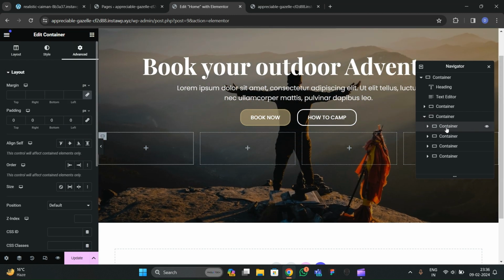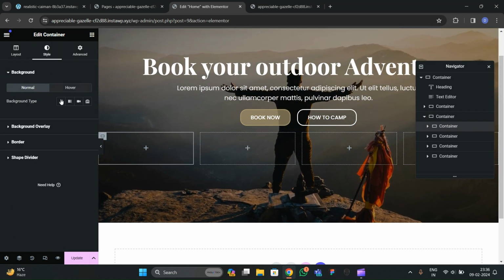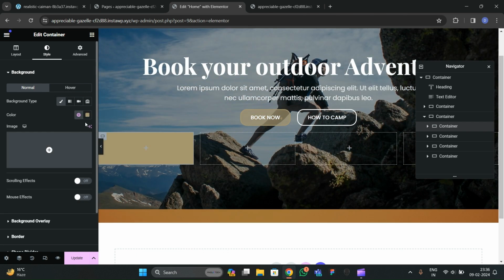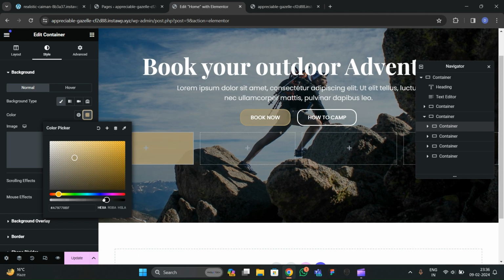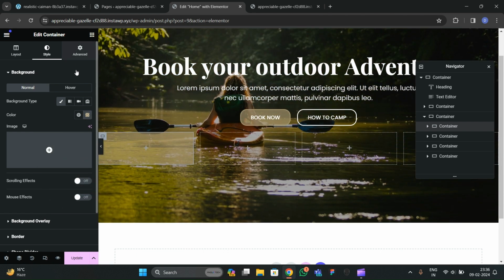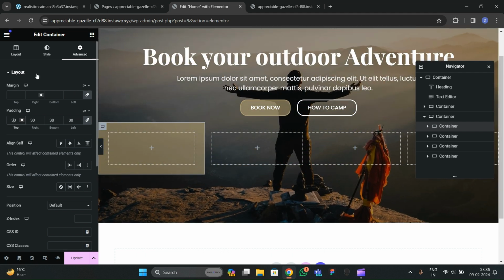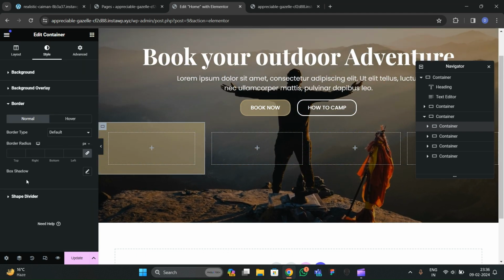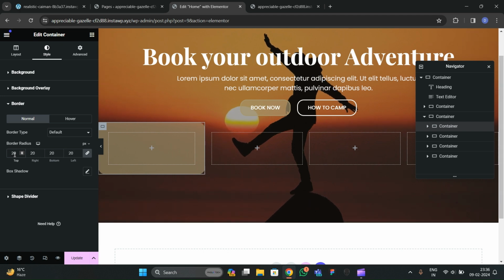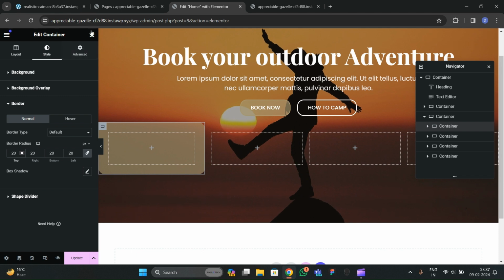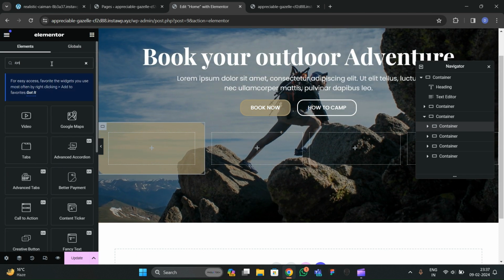Okay, so now what we have to do, we have to go to this first container, go to styles, go to background color, and from here choose the theme one, and we're gonna make it transparent like that, and go to advanced, and here we have to add some padding. So let's add the padding of 30, and go to styles and add the border radius of 20 also. Okay, so now we have to add here, and here I'm going to choose the